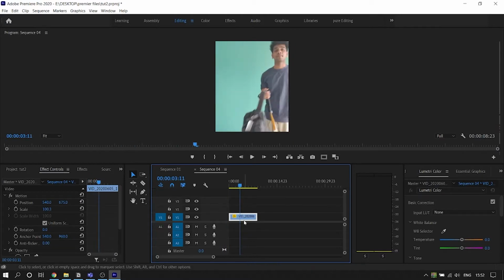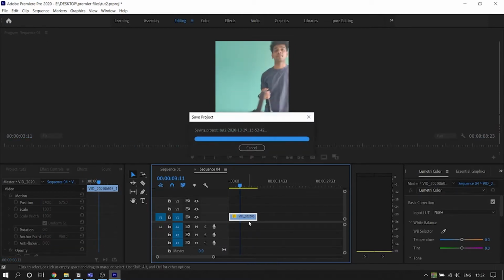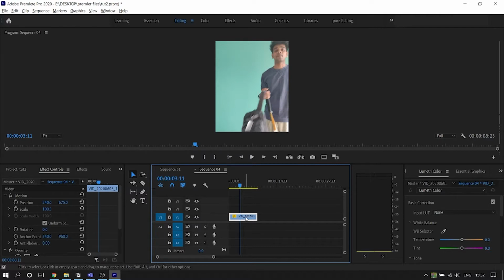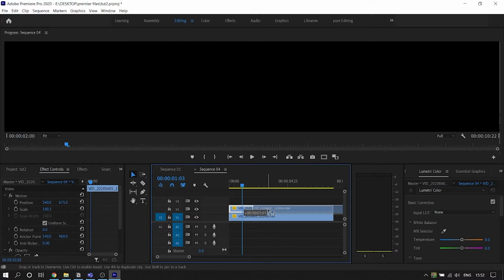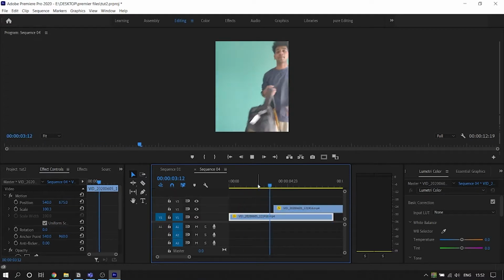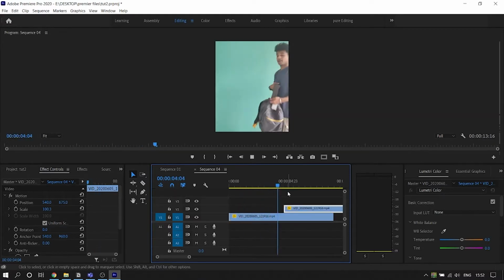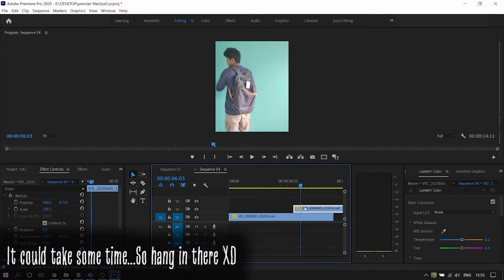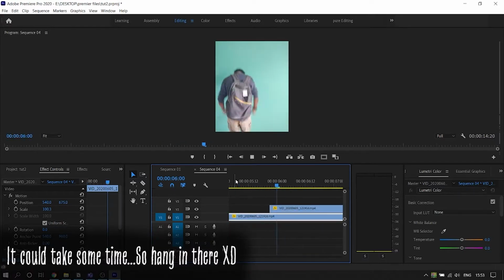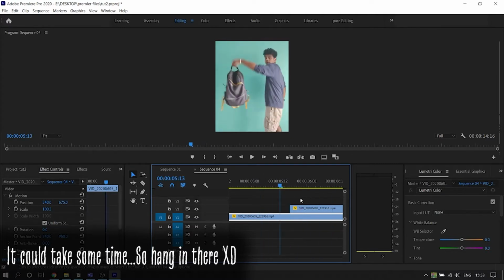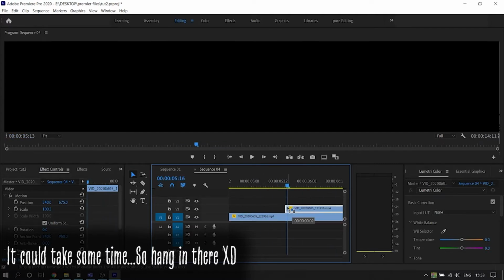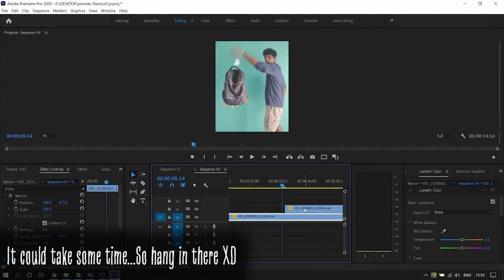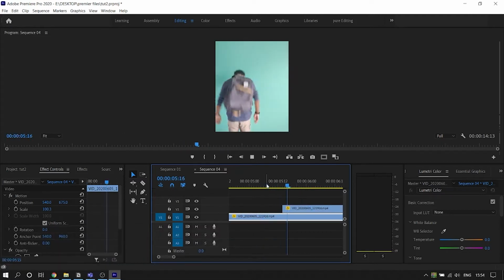Now to start out, let's first duplicate this clip. To do that, press on Alt and left click on the file and just drag it up so that we have a duplicate. Alright, now that we have a duplicate, let's align it to what we want. So basically my bag should drop when I drop in the second shot. Yeah, perfect. So this looks pretty cool.